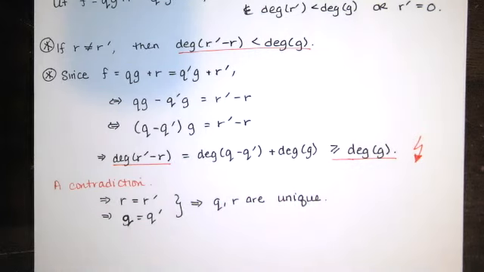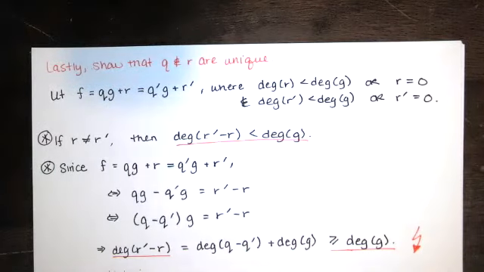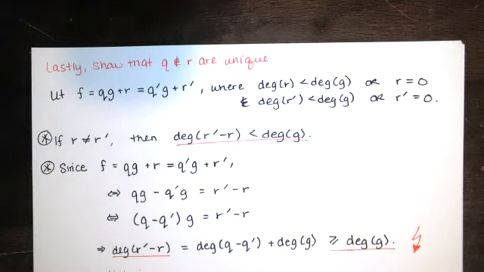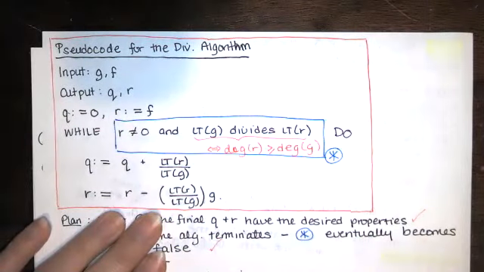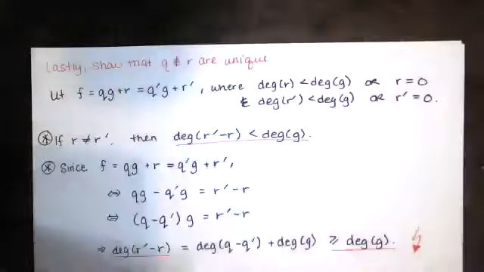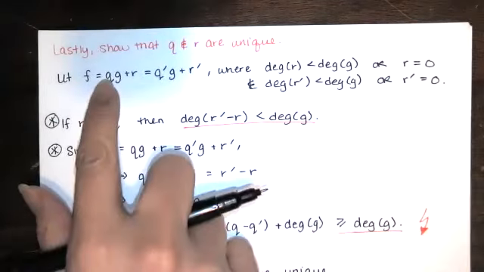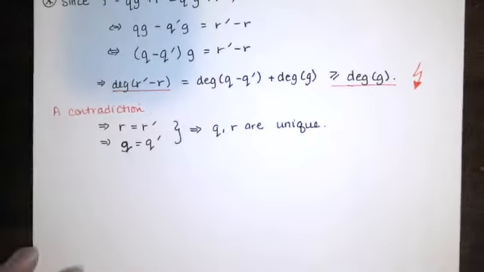So if you do this division algorithm and you find that f is equal to q times g plus r, there's only one q that you're getting. There's only one r that you're getting. You're not going to do this a different time or in a different way or in a different order somehow and get a different result for q. I can't imagine how you could take this algorithm, get two different results, but yeah, this proves it. You're only going to get one q and one r, and that's going to be unique. All right, so that is our division algorithm,